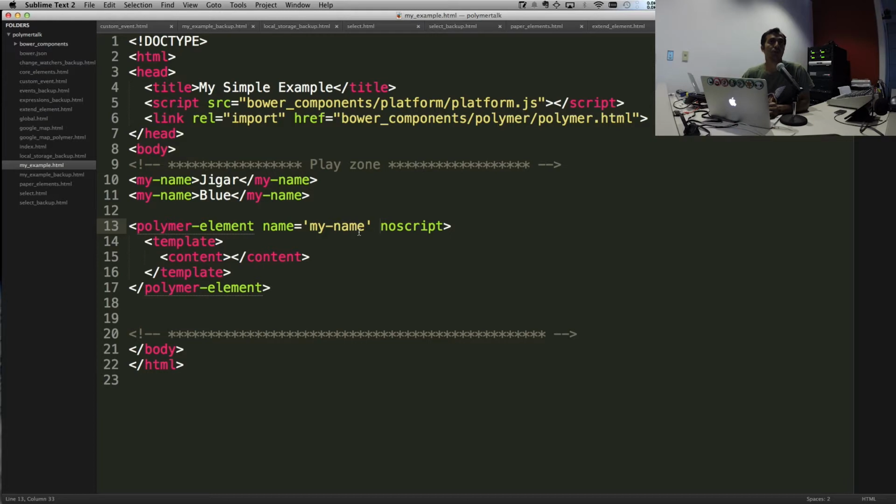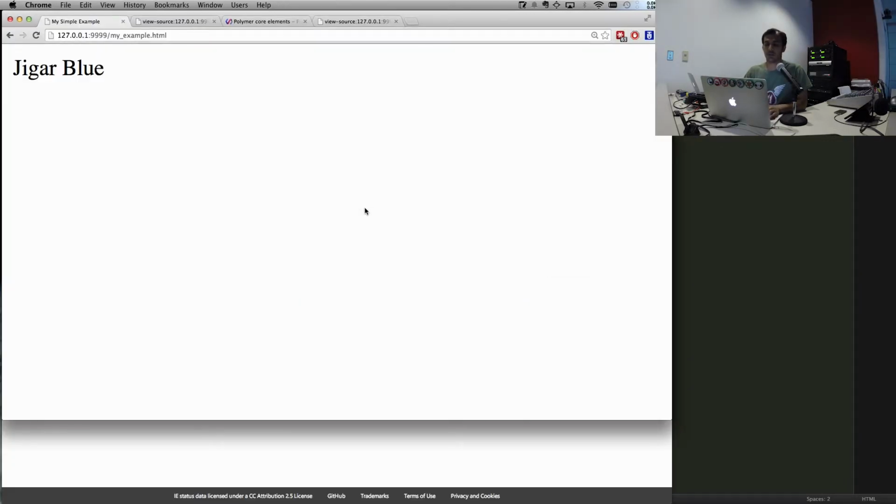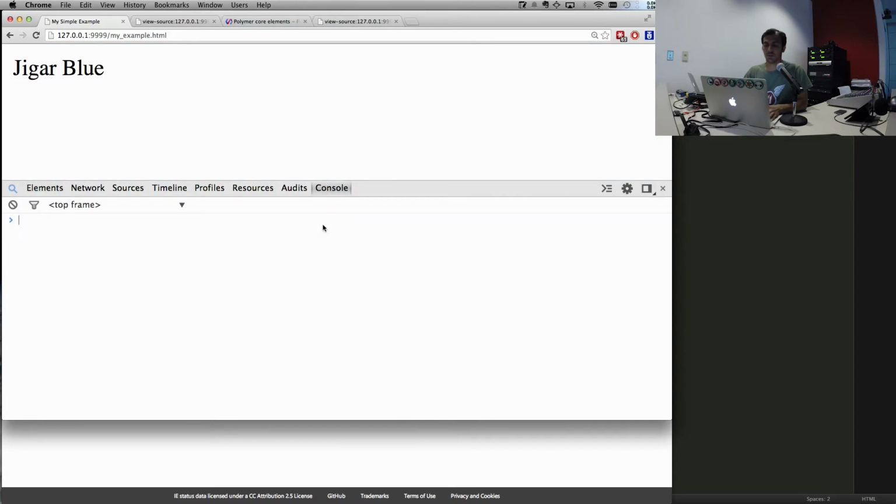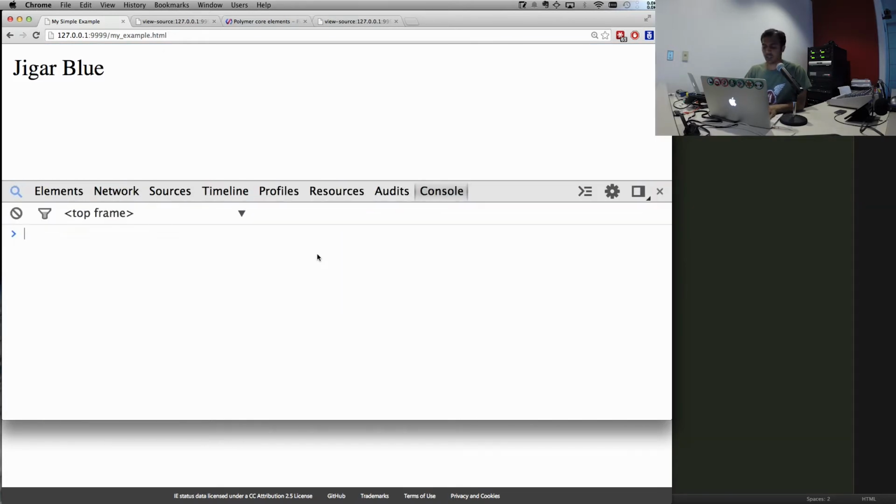What if I wanted to programmatically access those elements or create those elements? We can do constructor. Help me with the spelling if it's wrong. But yeah, constructor. And we can really put anything, foo bar or whatever, but just for consistency, I'm gonna say my name. So now what will happen is, if I open up my console, and I'll do,